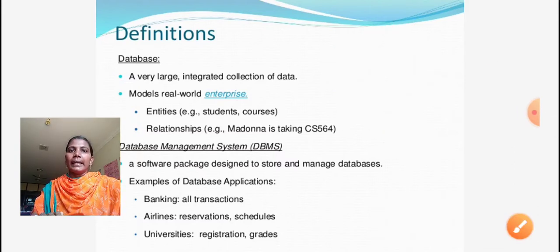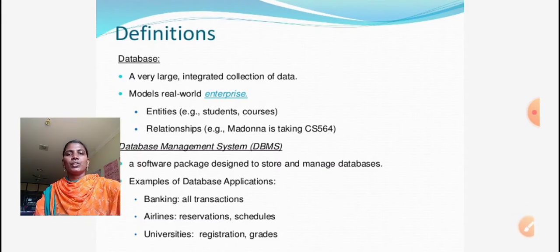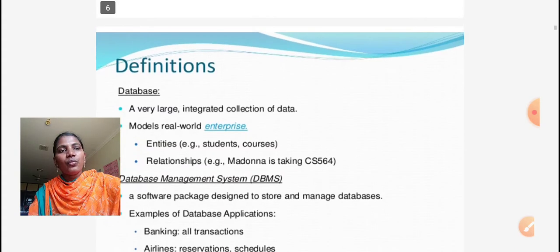This is the database. The next one is database management system. A database management system is a software.